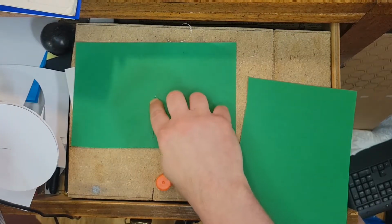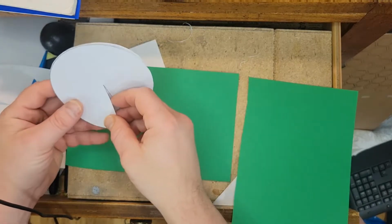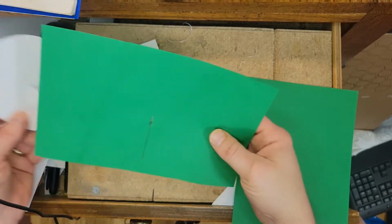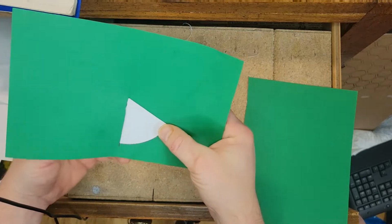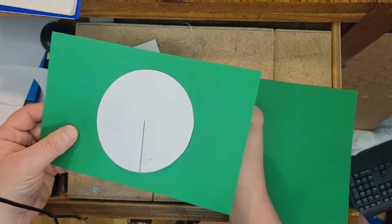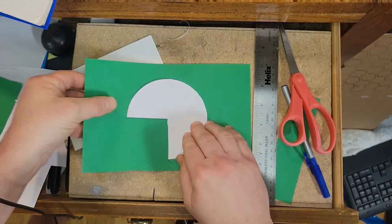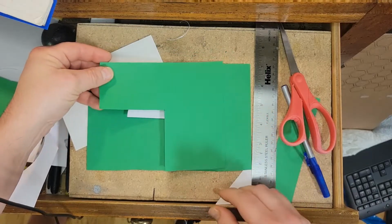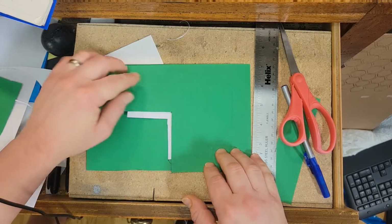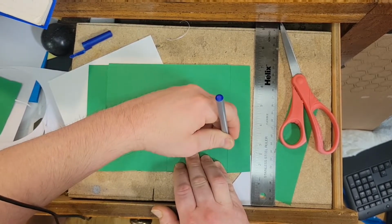On the area of your project where you want the circle reveal to go, cut a straight line just a little bit longer than the line on the circles. As you can see, this is where you feed the circle through to do the circle reveal. Now we need to make sure we can do a complete 360-degree reveal without pulling the circle out from your project. I'm going to glue this spare sheet of paper over the top of the circles